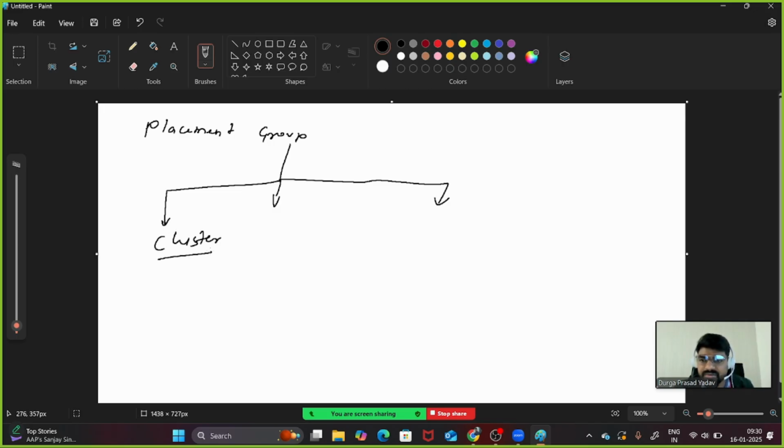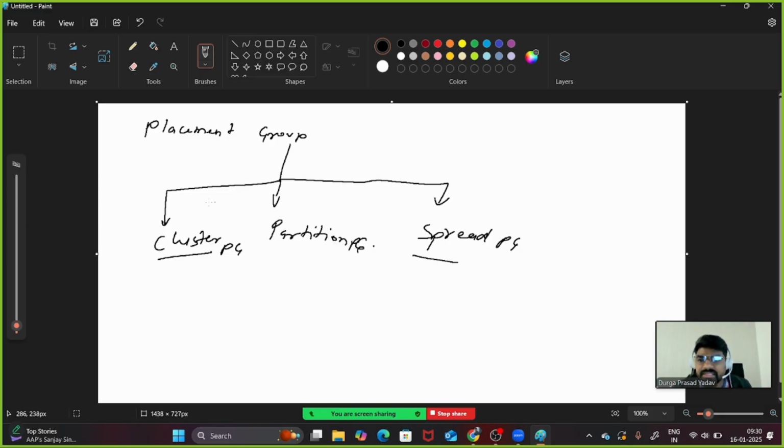The first one is the cluster placement group, the second one is the partition placement group, and the third one is the spread placement group. In short, you can write cluster PG, PG standing for placement group, partition PG, and spread PG. So placement group is of three types.